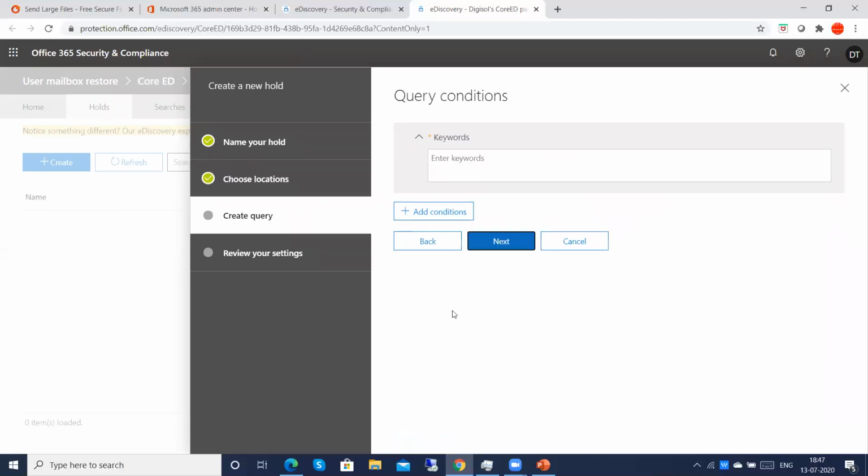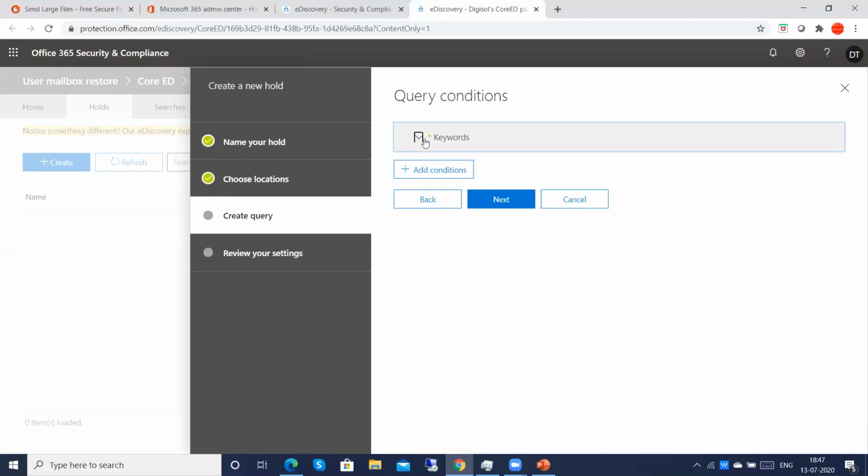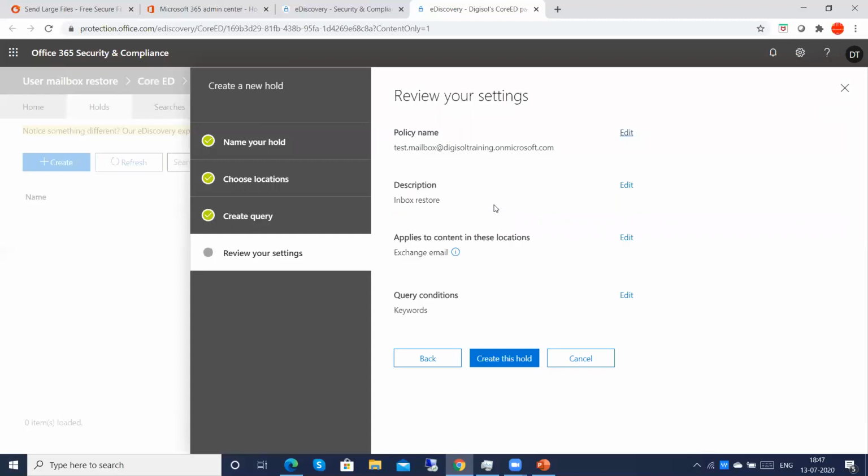Here you can type the keywords, you can type anything, or you can leave it blank. I am not putting any condition. Can you see here details, policy name, description, inbox store, query condition? I have not defined anything.